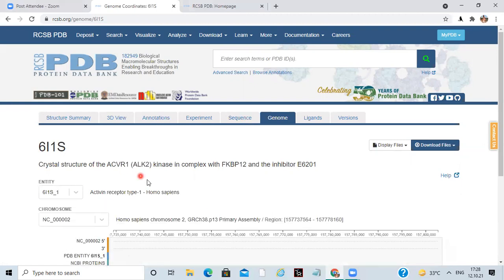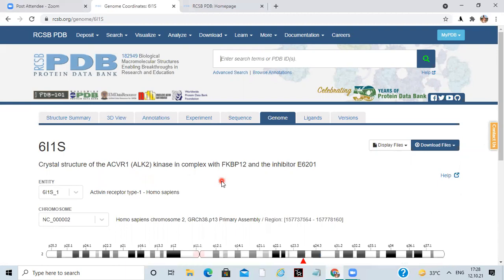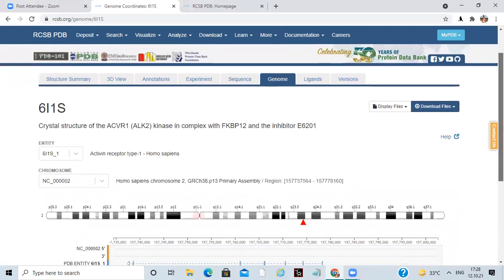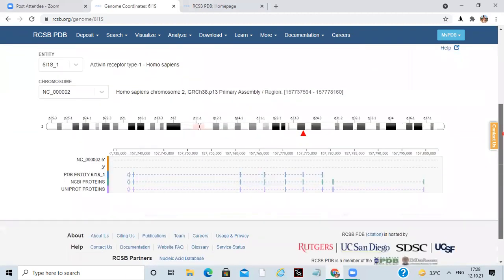Here you can see ACVR1 is the ALK2 kinase receptor which is complexed with these inhibitors. This is our chromosome, at the chromosome position, chromosome number 2, with multiple segments and intersegments here. This is the short arm, this is the long arm. At the point on the long arm, chromosome 2, 157th segment, and then we have multiple further points.